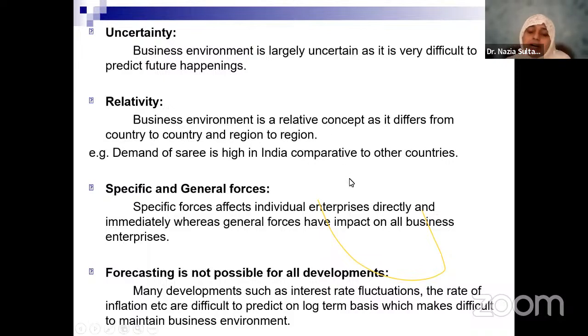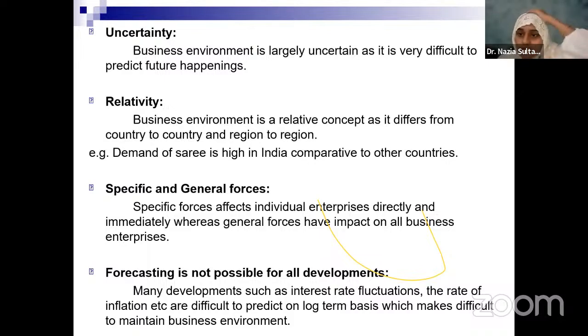See, when there are common factors which are impacting all businesses, then you call them general forces. For example, inflation. Inflation is a common factor related to the economic environment of the country, which will impact all businesses as such. On the other hand, now we are experiencing a rise in prices of tomatoes and vegetables. Because there are no rains here in Hyderabad, the prices of vegetables are soaring. Now, if you were running a hotel business or a restaurant business, naturally you would find it difficult to match your previous cost and the current cost because inflation is there.